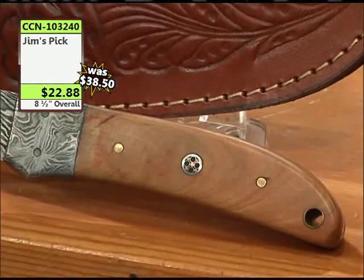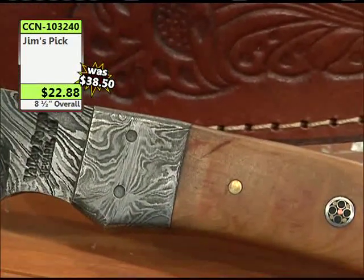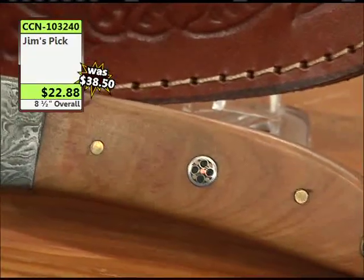And Jim, we can always count on Jim to give us a wonderful Jim's pick. This is an 8.5-inch fixed blade. It has olive wood on the handle. There's a beautiful mosaic pin right there in the center. This is a Valley Forge Damascus,